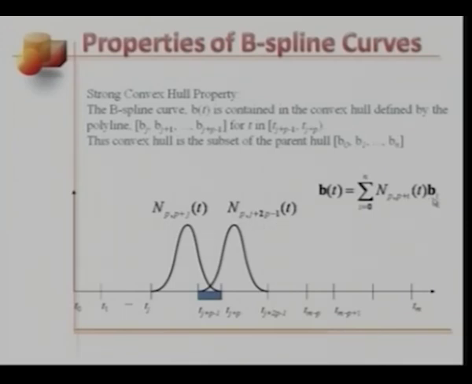Observe that B_i is associated with N_{p,p+i}. So with N_{p,p+j}(t), the design point B_j will be associated. And with N_{p,j+2p-1}, the design point B_{j+p-1} will be associated. This one is right here. So the curve,